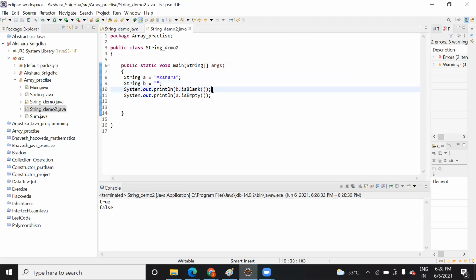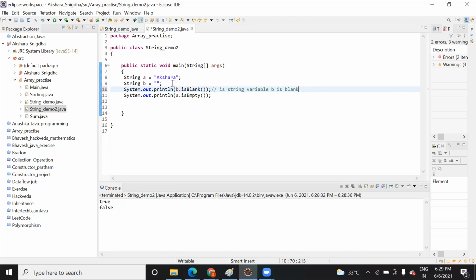It is just checking whether string variable b is blank. So you see that yes, the b variable doesn't have any element. So here b is also blank.